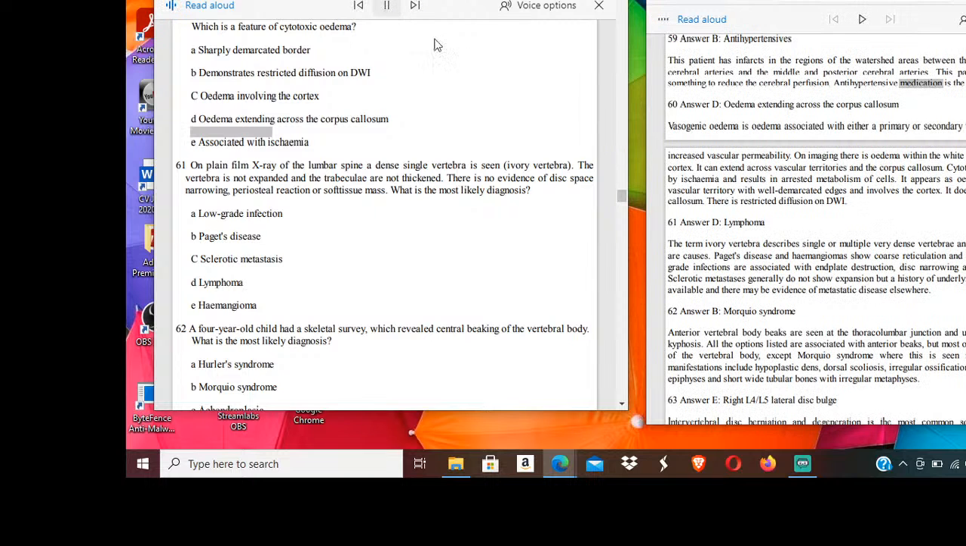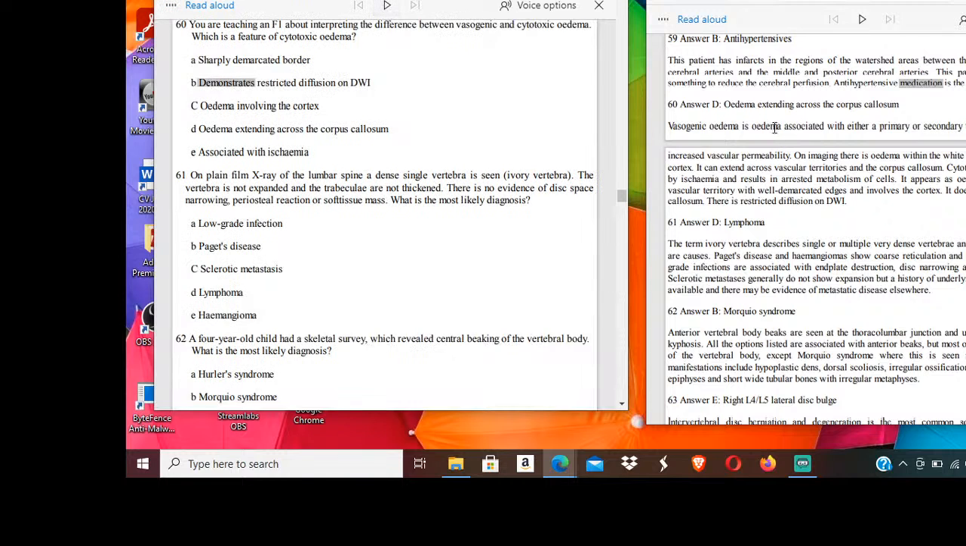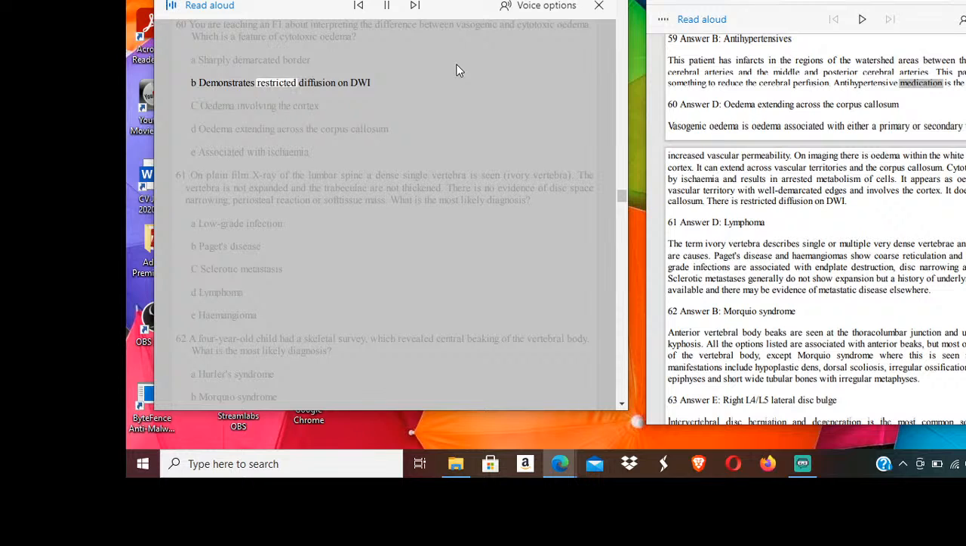This patient must have taken something to reduce the cerebral perfusion. Antihypertensive medication. 60. You are teaching an F1 about interpreting the difference between vasogenic and cytotoxic edema. Which is a feature of cytotoxic edema? A. A sharply demarcated border. B. Demonstrates restricted diffusion on DWI. C. Edema involving the cortex. D. Edema extending across the corpus callosum. E. Associated with ischemia. 61. On plain